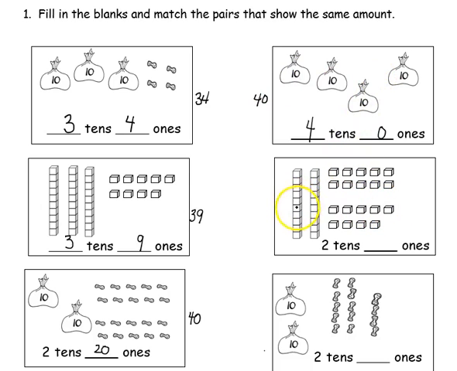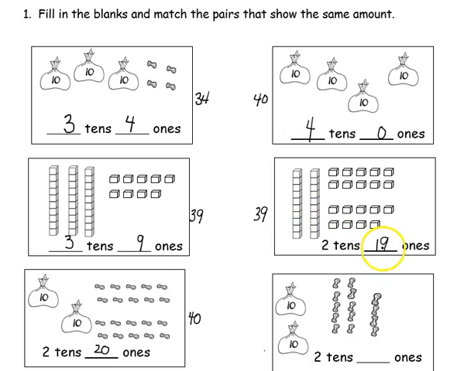Moving down, the next picture, I have 2 10 rods, and then I look at my individual cubes. Well, there's 10 up here and then 9 more. So that would be 19 ones altogether. If I combine them, I get a total of 39, which tells me 39 can be represented as 2 tens